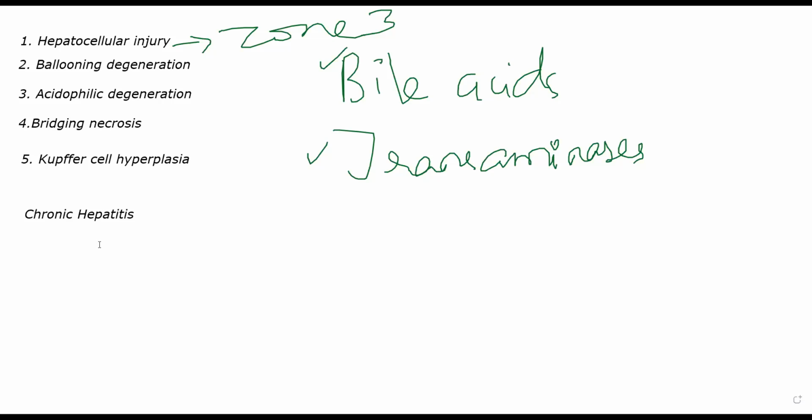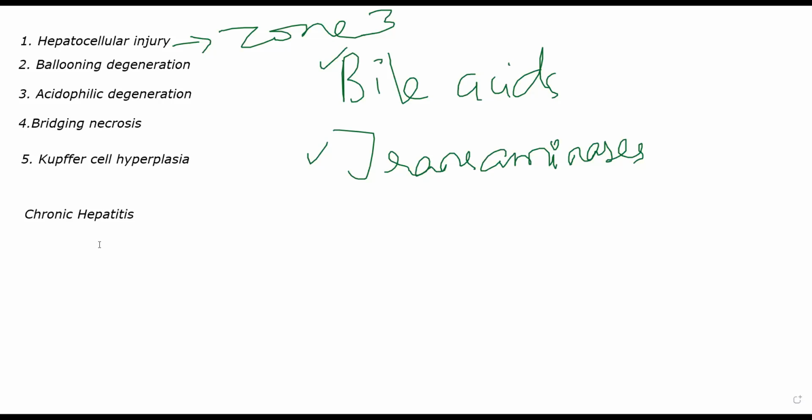Now, it is not necessary that chronic hepatitis can occur only through viral infections. जरूरी नहीं है कि हेपेटाइटिस वायरस से ही होना चाहिए. It can occur due to Wilson's disease, alpha 1 antitrypsin deficiency. It can also occur due to chronic alcoholism, chronic prolonged alcoholism, copious amounts of alcohol. Sometimes it can be drug induced as well. Certain drugs can cause chronic hepatitis like isoniazid, propylthiouracil, nitrofurantoin, minocycline. ये पूरे long usage of these drugs can lead to chronic hepatitis, extensive hepatic damage, and finally chronic hepatitis.